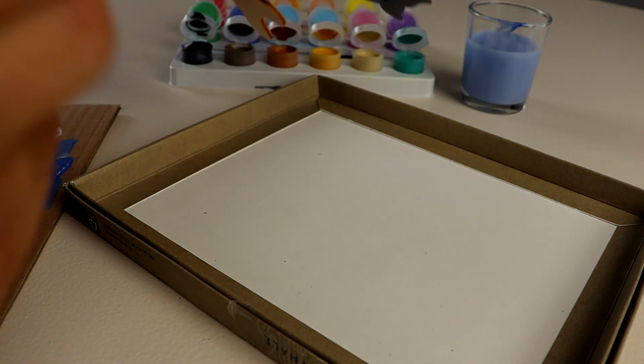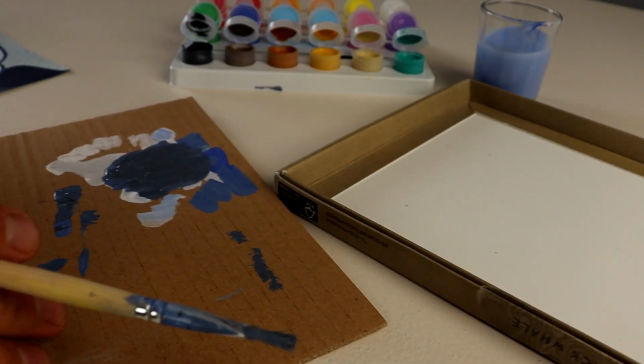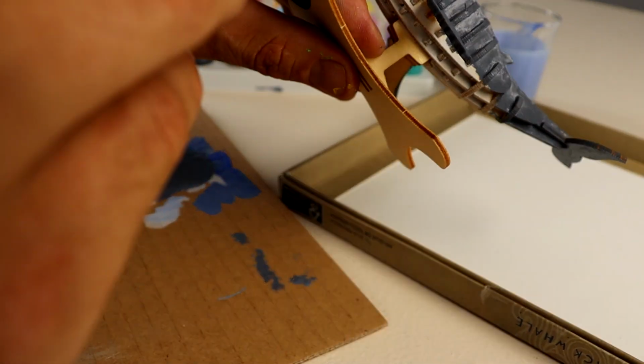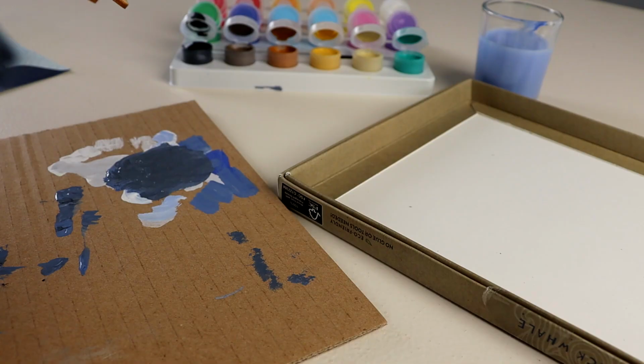Now I'm going to use this same paint, as I said, to put some details on the underside here. What I'm going to do is use my palette here, get a bit of paint on there, and just take a bit of excess off. I'm just going to sort of spike it on like that. And then the last thing to do